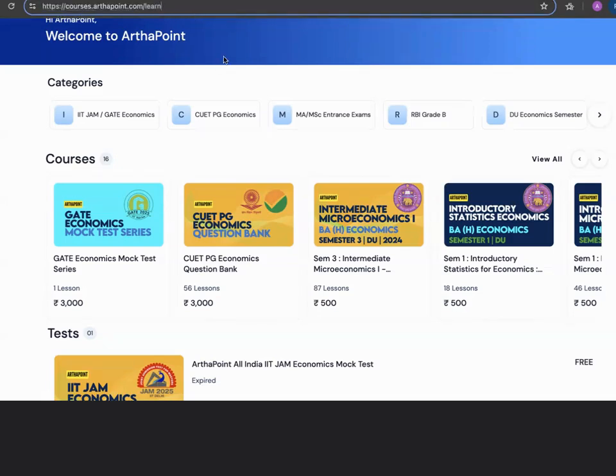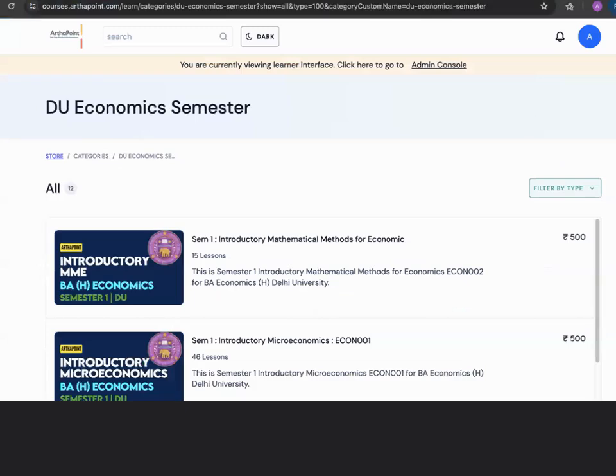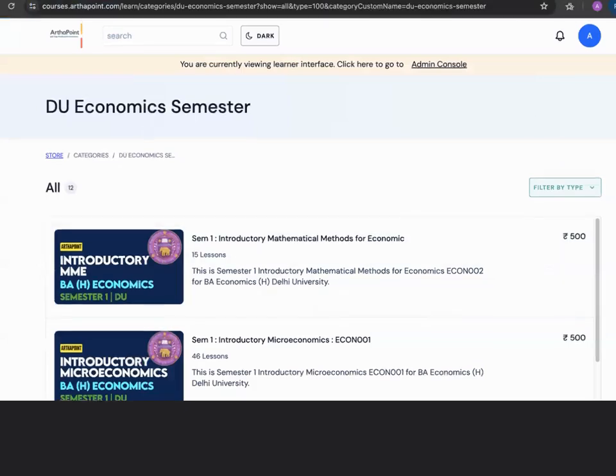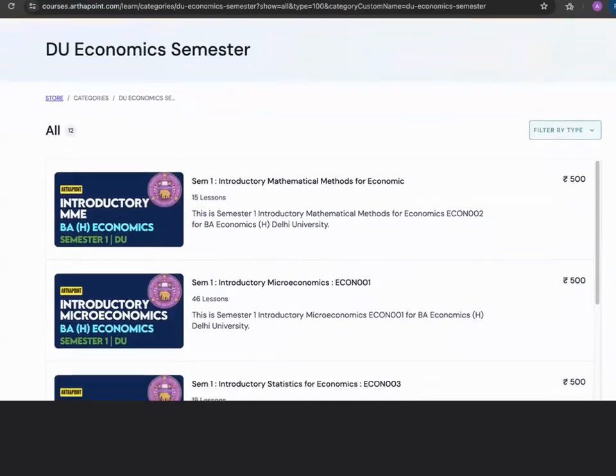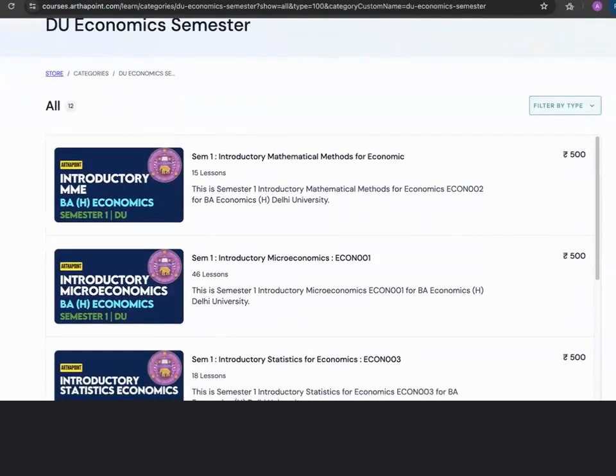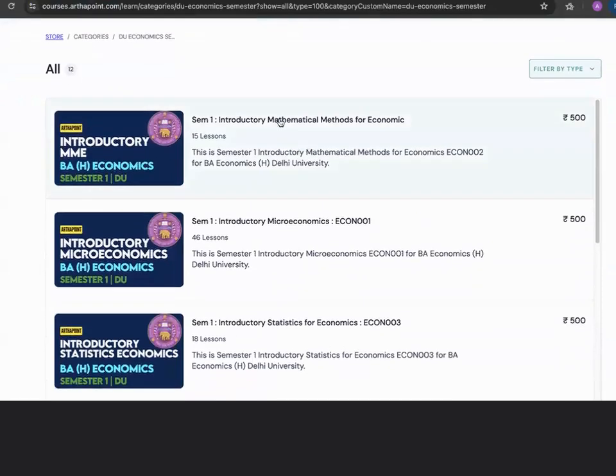Courses.earthapoint.com/learn. And here on this portal, beta, you can have a look at various categories of courses, which are IIT JAM, CUET, MA Economics, DEPR, DU semester courses and whatnot. If you click on DU semester courses, you will be able to see the various courses on the portal which are available to you. A lot of these courses are an initiative of EarthaPoint, which means that we are not